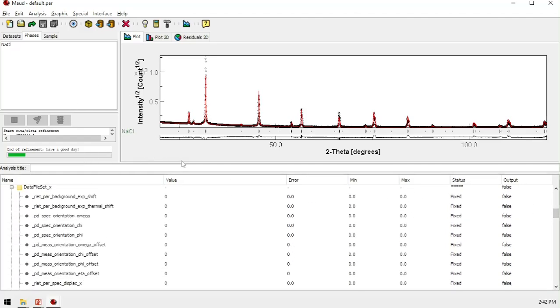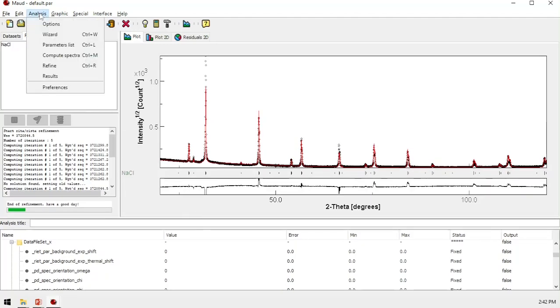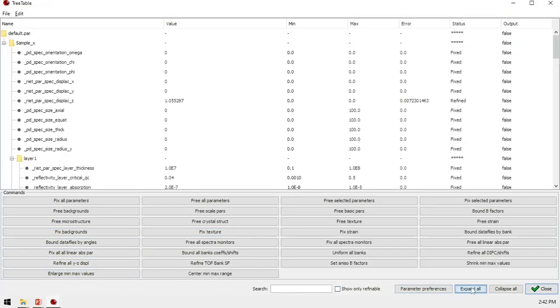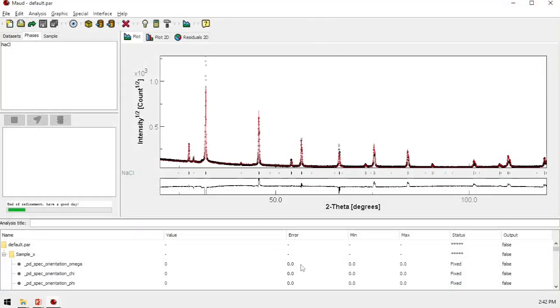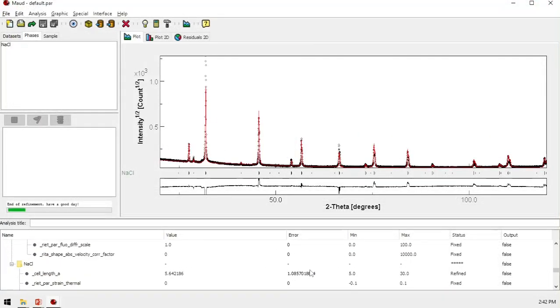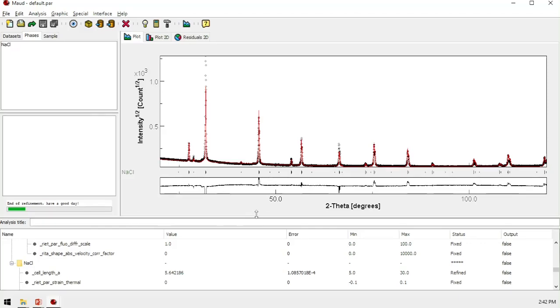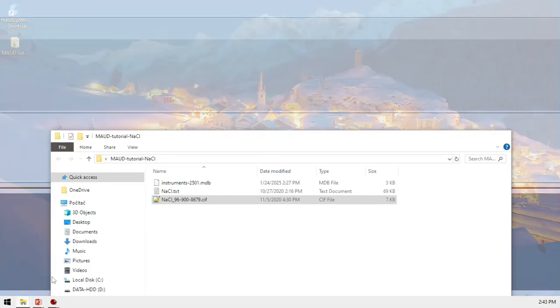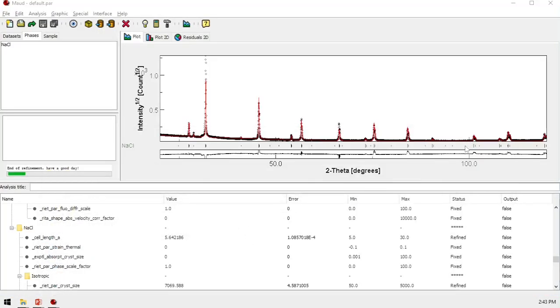Okay, this is sometimes not updated. It's better to update it first from this parameter list. If you open it, expand all, just open it and then close it. It will update the number here, and you will see this sodium chloride, the length of the cell is 5.642186, and we can compare it to the standard crystal file,